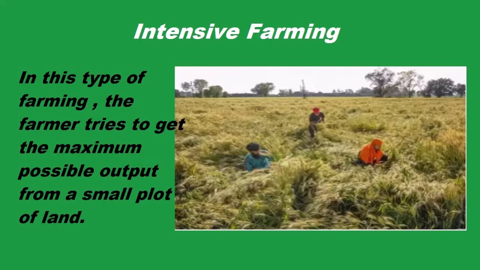Mostly, this type of farming is practiced in densely populated countries of the monsoon regions. Due to fertile soil, the farmer is able to grow 2 or 3 crops annually: rice, wheat, maize, sugarcane, pulses, and